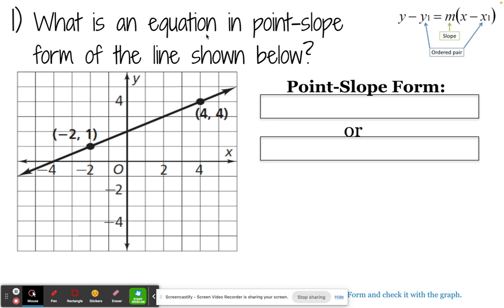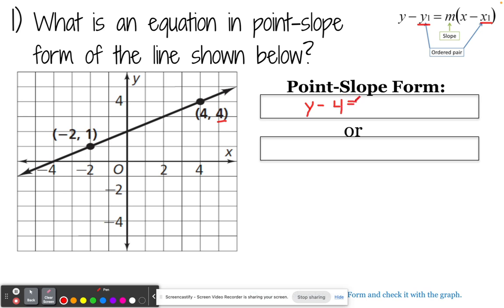So let's look at what this looks like. I wrote the point slope form up here so you can see it, and then we're going to practice writing it. So the y stays a y, the first y. This is y minus, and then we want one of the xy's from an ordered pair. And I have an ordered pair right here, so I'm going to use that one. So here's my y, so I'm putting 4. Y minus 4